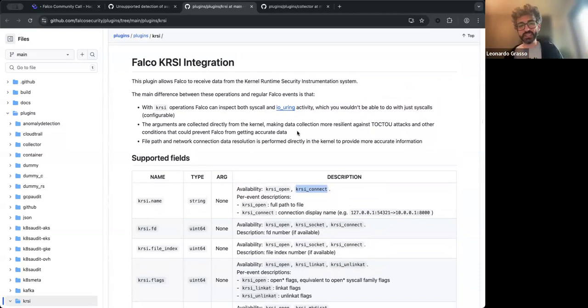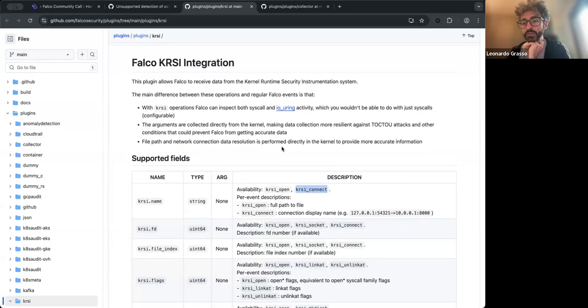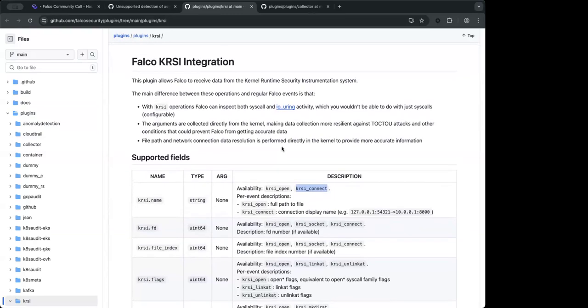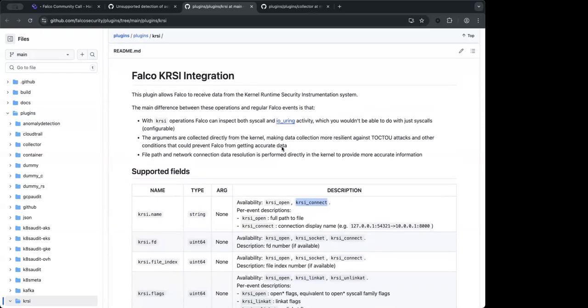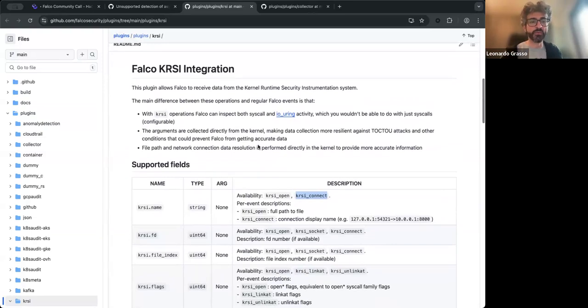Yeah, and just to be clear, the plugin can work alongside the common Falco syscall instrumentation, so you can basically load the plugin and add all these new detections on top of the usual ones. I don't know if Leonardo wants to add something more. Oh, no, it's fine by me. Luca said everything, so yeah, it's perfect, fine for me. Perfect. Thank you to you both for this.